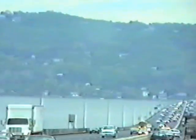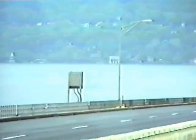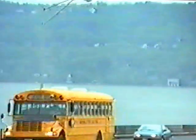Look at those homes on those hills. I call them obscene. They're so big. Some of you may know Helen Hayes, one of those famous actors. She died about 3 years ago. She used to have